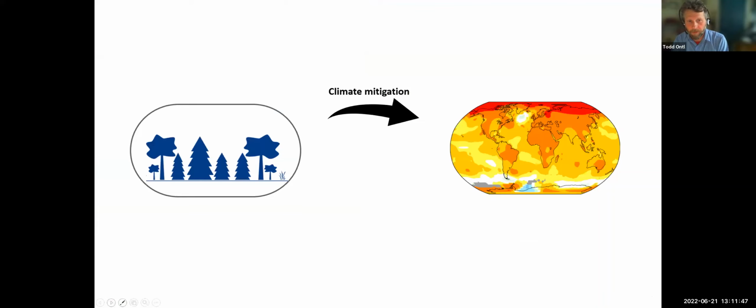Right, so we're interested in carbon. We're interested in forests for this climate mitigation, this carbon sequestration and storage capacity. But we also have to recognize that the climate change that we're trying to mitigate through forest management, those changes to our climate system are also impacting forests. And so this really is a cycle between forests and the climate.